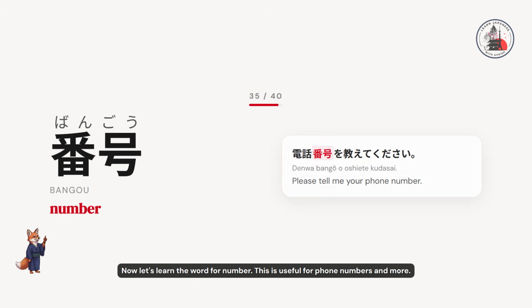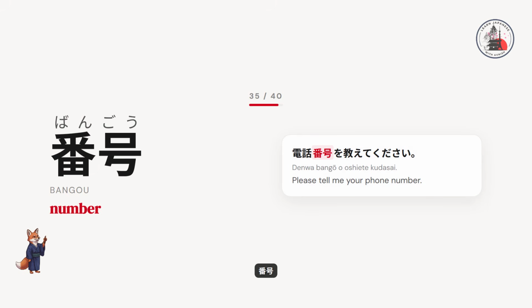Now let's learn the word for number. This is useful for phone numbers and more. 番号、番号。 Here's an example. 電話番号を教えてください。